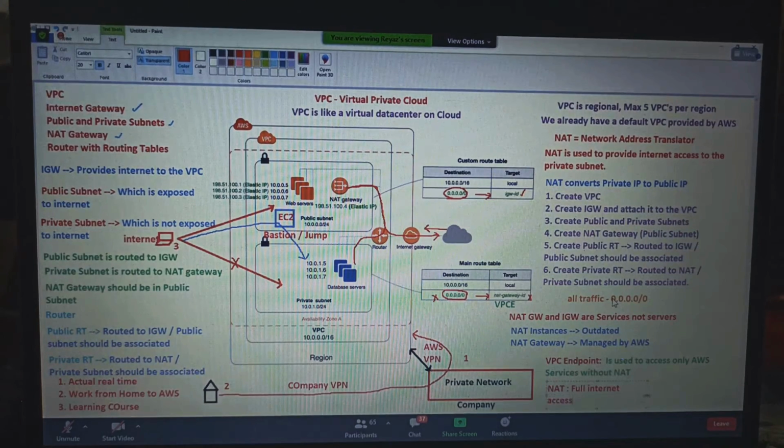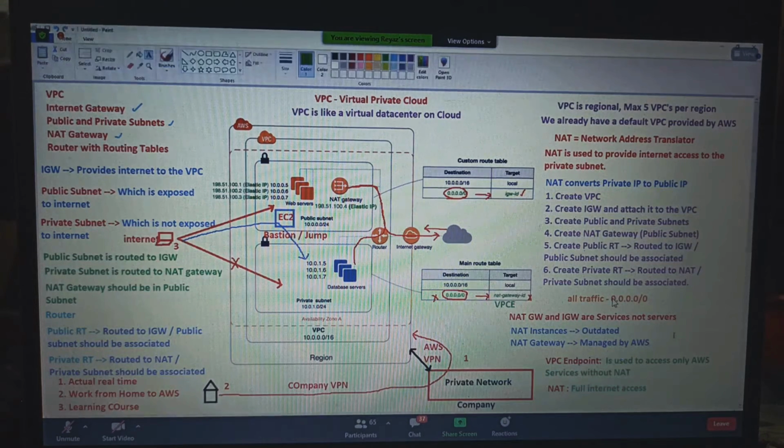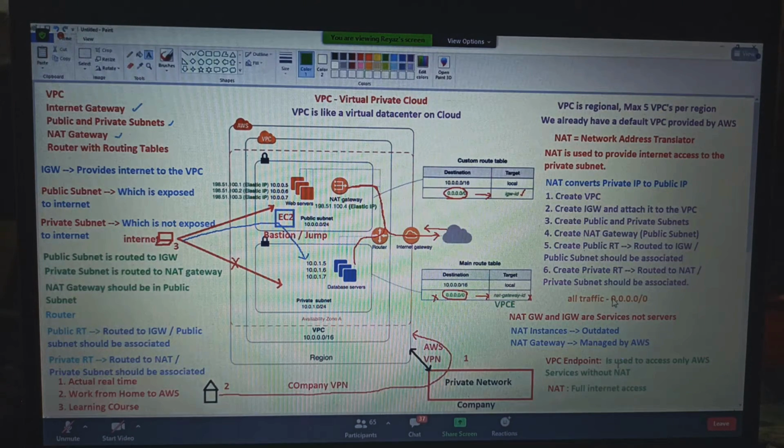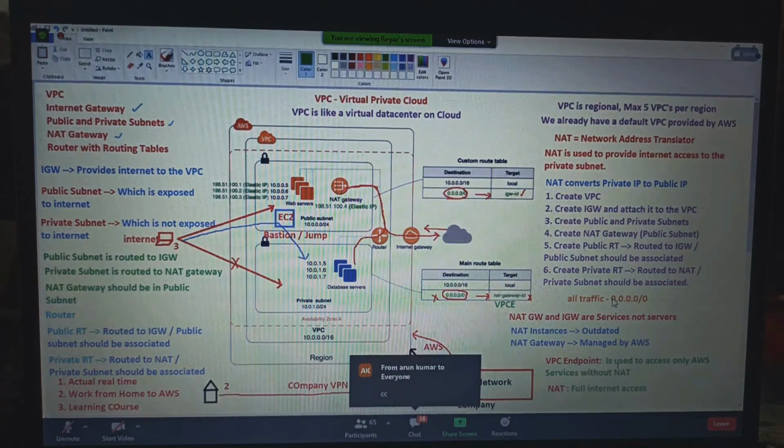You will get full internet access. But with VPC endpoint, you will get internet access only to AWS services. Nothing else. Okay? Clear, guys?